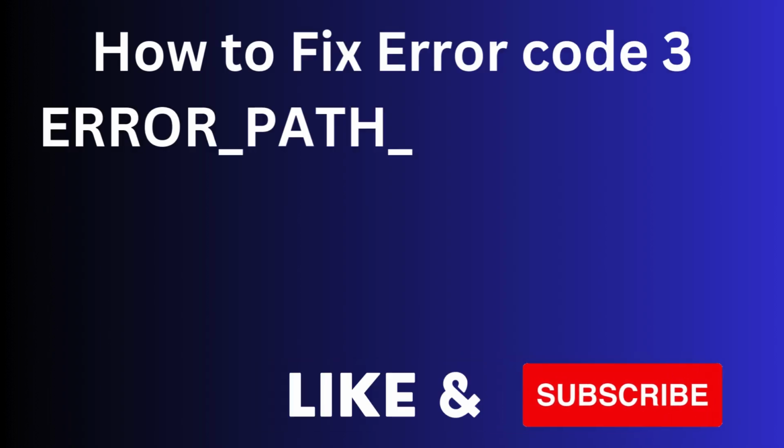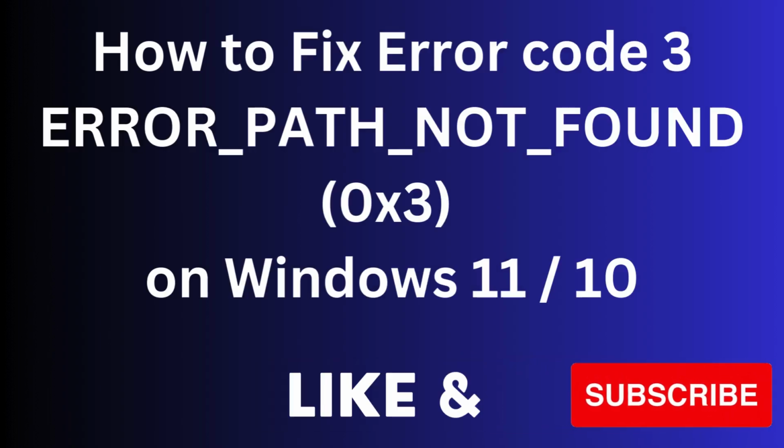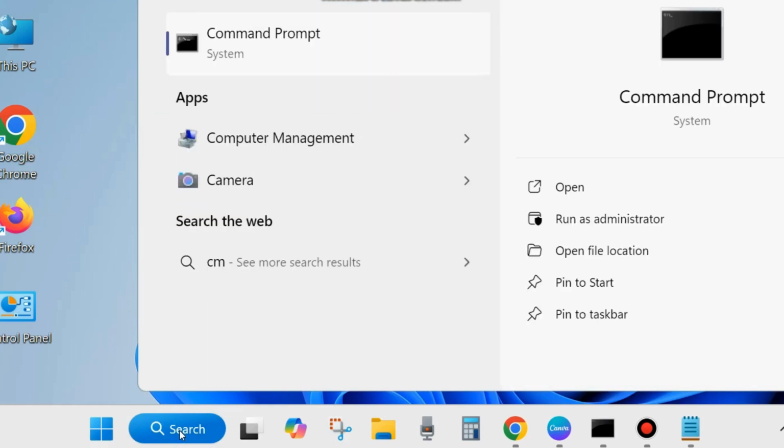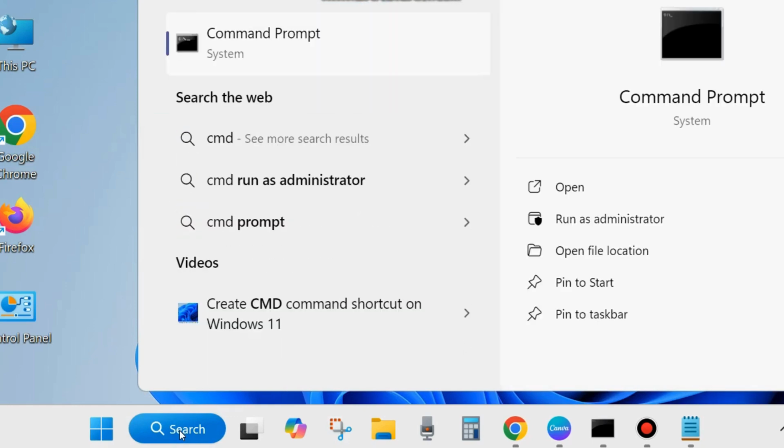Hi guys, in this video we will see how to fix error code 3, error path not found, on Windows 11 and Windows 10. Also facing such type of error code 2 in your system. Here are the fixes, and the first workaround is go to Windows search,